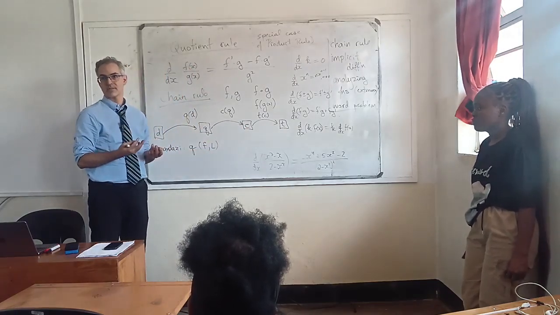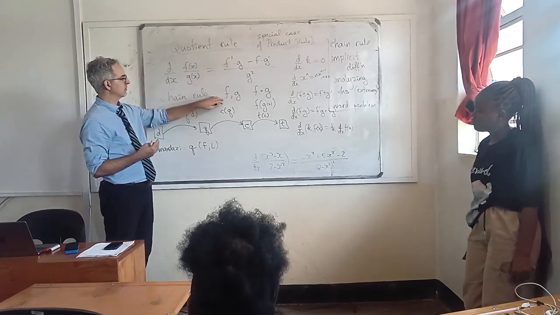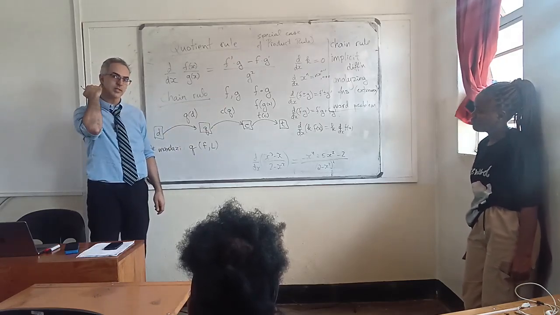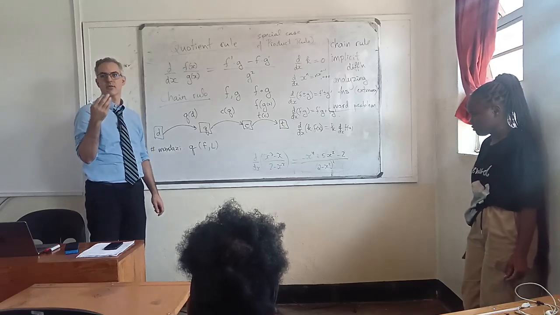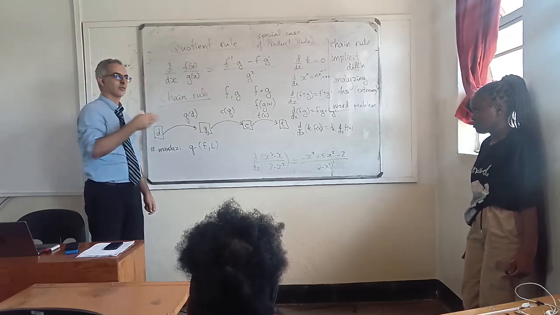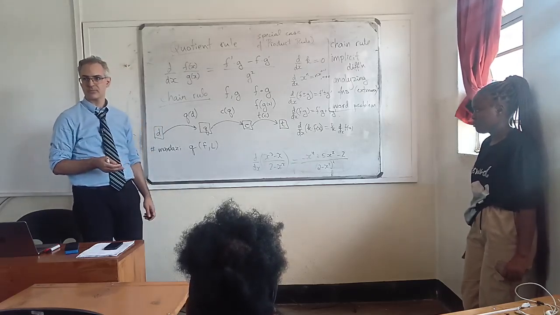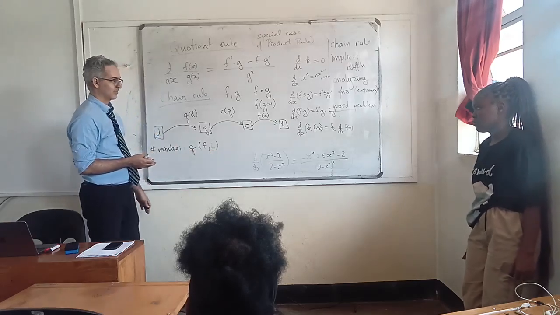That's a function. So far we've only worked with functions of one variable, f of x. But you can have a function of x and y, or x, y, and z, or 10 different variables. So here we have two variables, which we